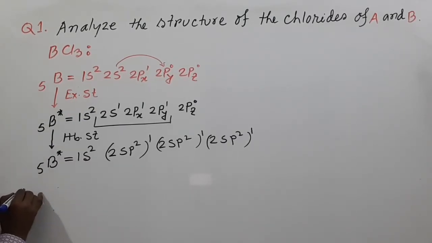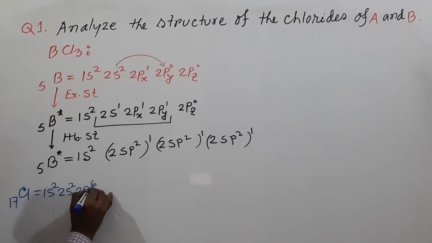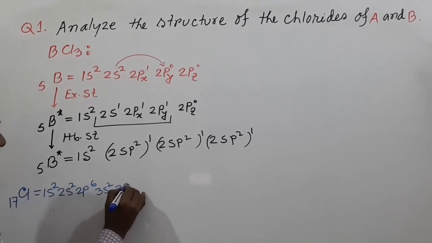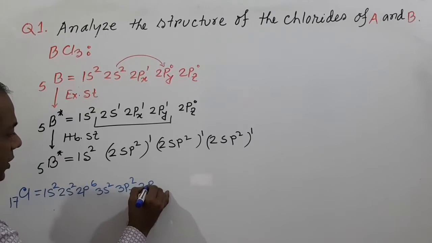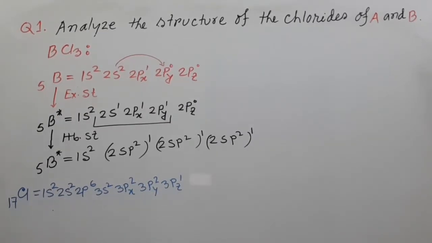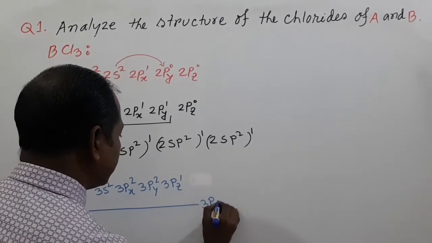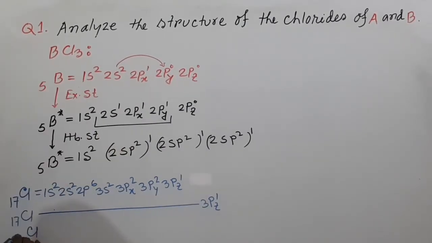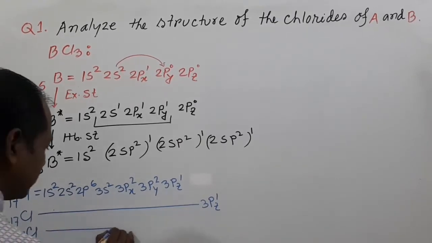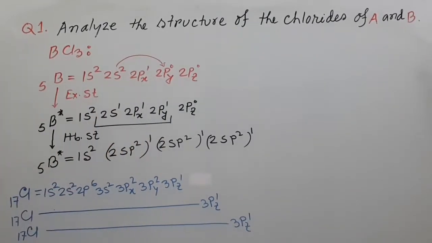Now we write the electronic configuration of chlorine. This is 17: 1s2, 2s2, 2p6, 3s2, 3px2, 3py2, 3pz1. My dear students, now here 3 chlorine is present, so we write here 3 chlorine, 3pz1, another chlorine 3pz1, and another 3pz1. My dear students, here